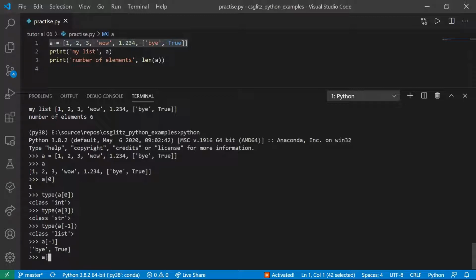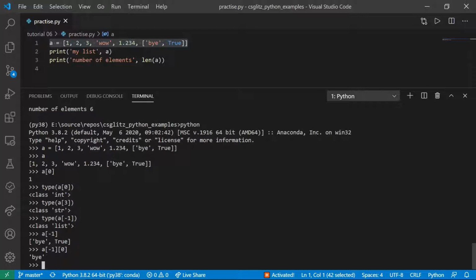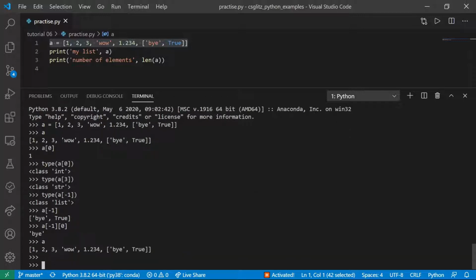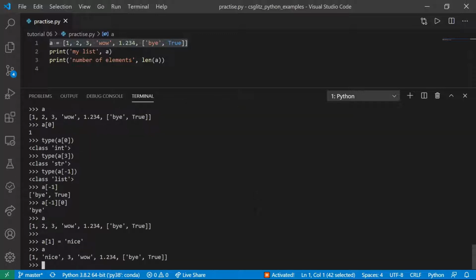To access the element of the last element list, we can again provide the index for the nested list. As lists are mutable, we can change individual elements by using the index. Using a list, we can easily hold many values without defining different variables.